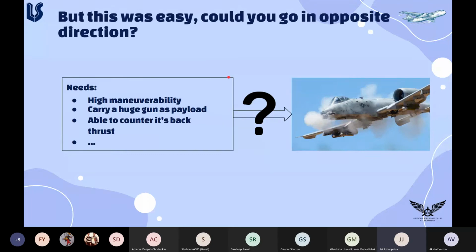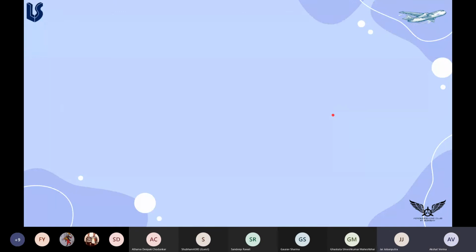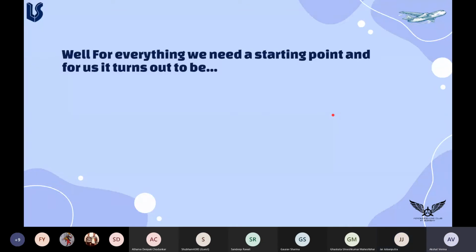I think I'll hand over to Akshat from here. Yeah, thank you, Jay. So right now we have seen the different wing configurations for different planes and how they affect the performance of an aircraft. But now we need to design our own airplane, so we need to choose a starting point. The first starting point is to estimate the weight of the airplane as a whole, as well as the different components we are going to use. So weight is the starting point for our design. Let's go into that.